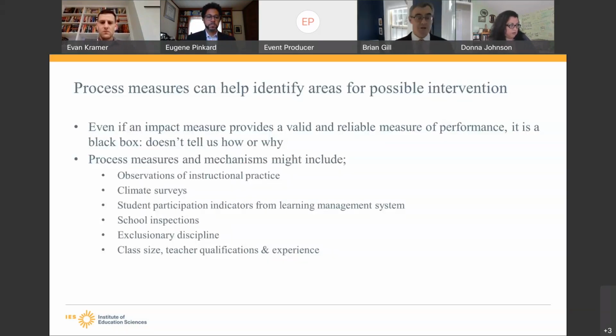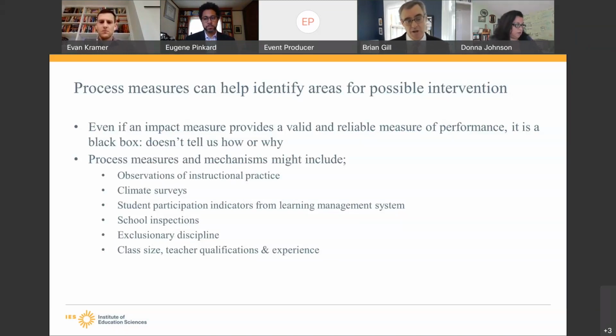Process measures can do some things that these impact and outcome measures can't do. In particular, they can help identify areas for possible intervention. So even if an impact measure gives us a good and reliable measure of performance, and puts schools serving different kids on a level playing field, it's a black box. It doesn't tell us how or why those things are happening.